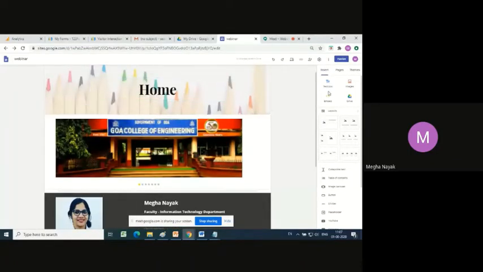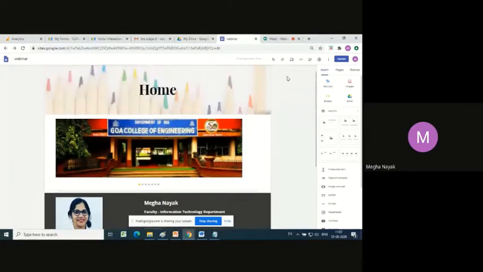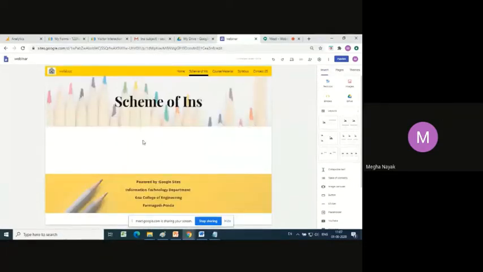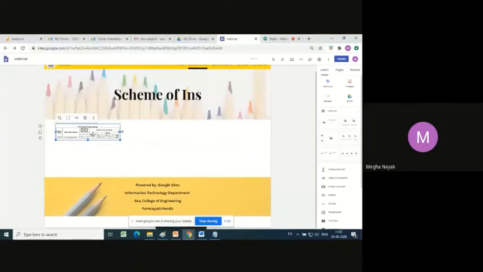I come to my other pages. So I click on, say, scheme of instruction. Now the educators and people in academia will be able to relate. But with this, I am trying to show how to insert pictures. So I will click on images and I will say upload. So here I have a scheme of instruction which is already taken and kept, and it comes so slow. This is just for some subject which I have taken.